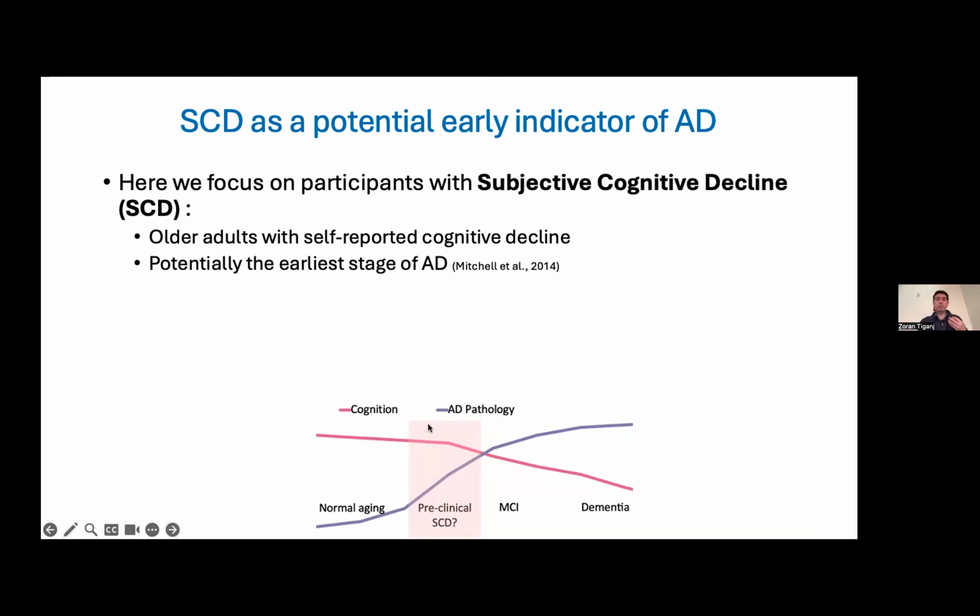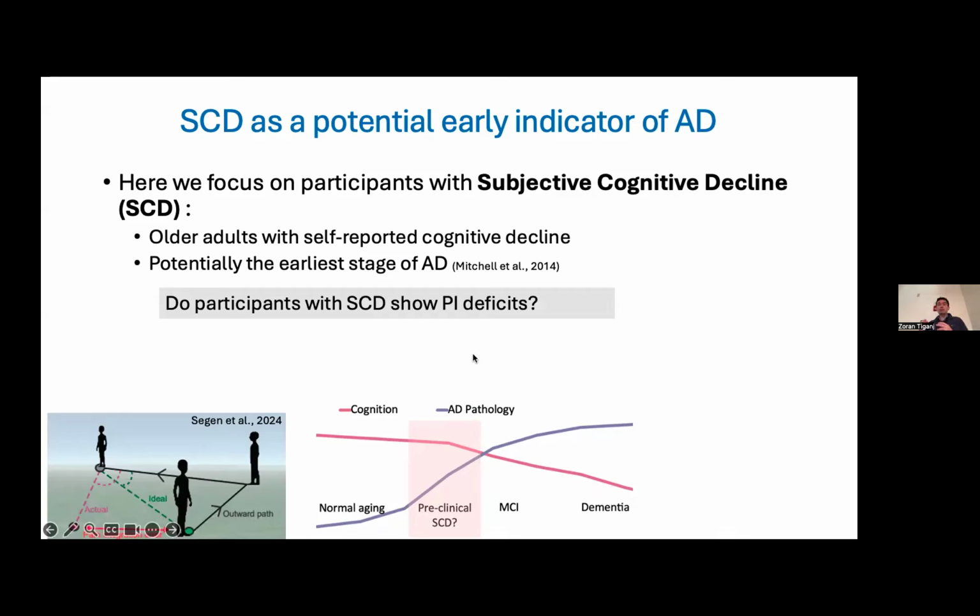This graph at the bottom is trying to illustrate the normal aging process, and how good the cognition is, what we can detect using standard cognitive tests, and how that goes down a little later than the early onset of AD. So with this aspect of subjective cognitive decline, we are trying to find this window before the onset takes hold, to be able to pinpoint the early AD as early as possible.